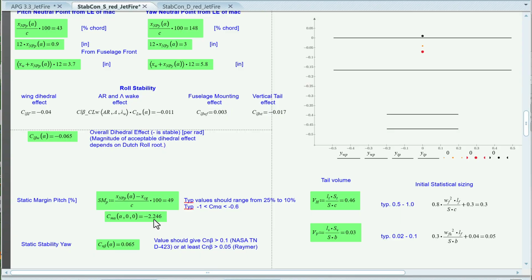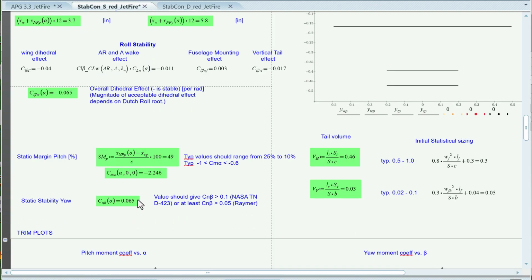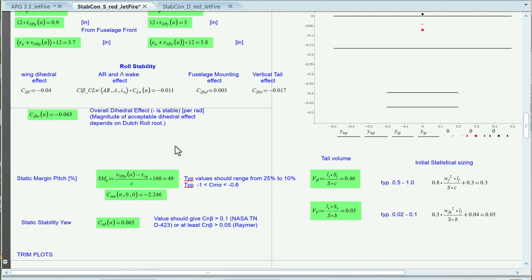Here's my CM versus alpha, this negative, so it's obviously stable. Here's my static stability in yaw. It's 0.065. This is the value that I've told you that in the NASA TN document, you'd like, bottom line, you basically would like this to be somewhere in the neighborhood of between 0.05 and 1. Okay, and then